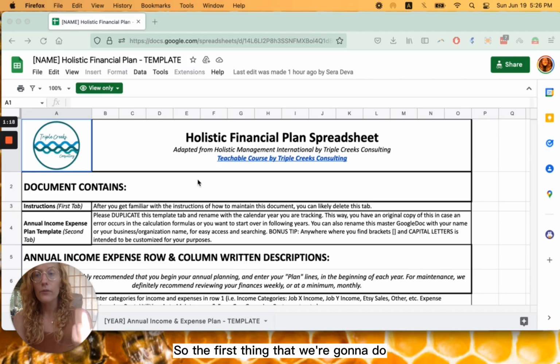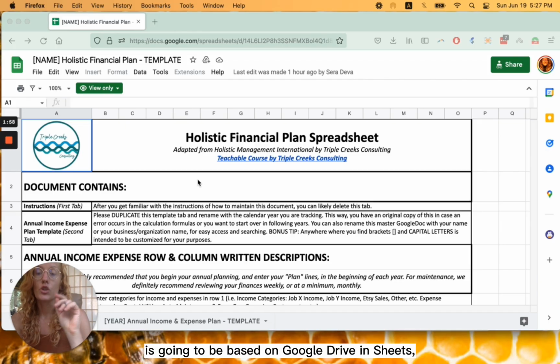So the first thing that we're going to do is open up the link to the Holistic Financial Plan template. And I also just want to name that everything that I'm doing is on Google. I have decided to fully entrust Google with a lot of information, for better or for worse. And I store all of my files on the cloud. I do not store them locally on my computer. And so I use Google Drive quite liberally. And this is designed in Google Drive for access purposes. And so everything that I'm walking you through is going to be based on Google Drive in Sheets, not in